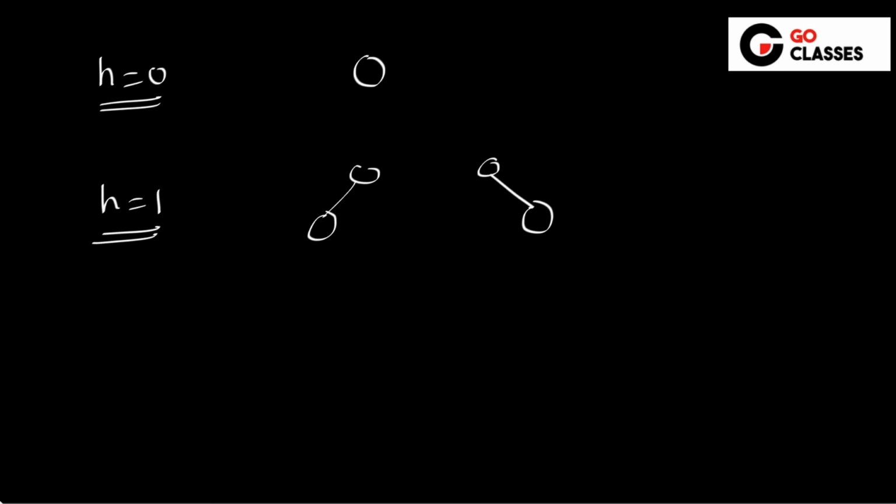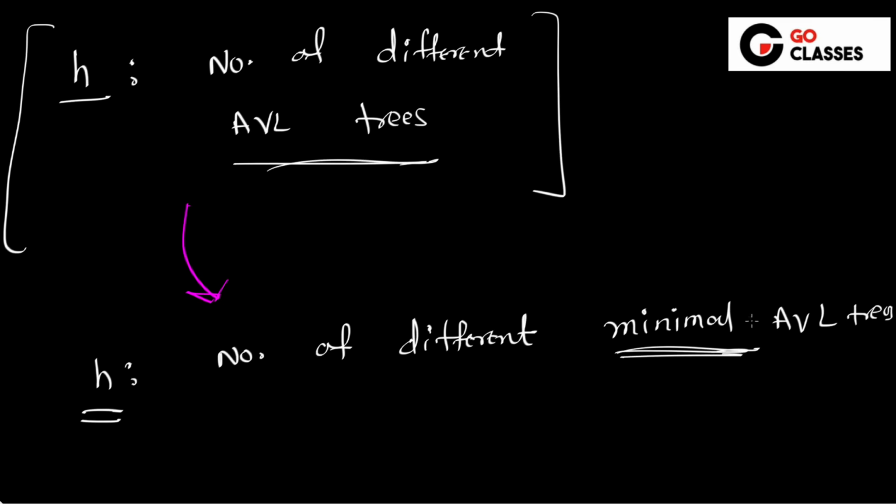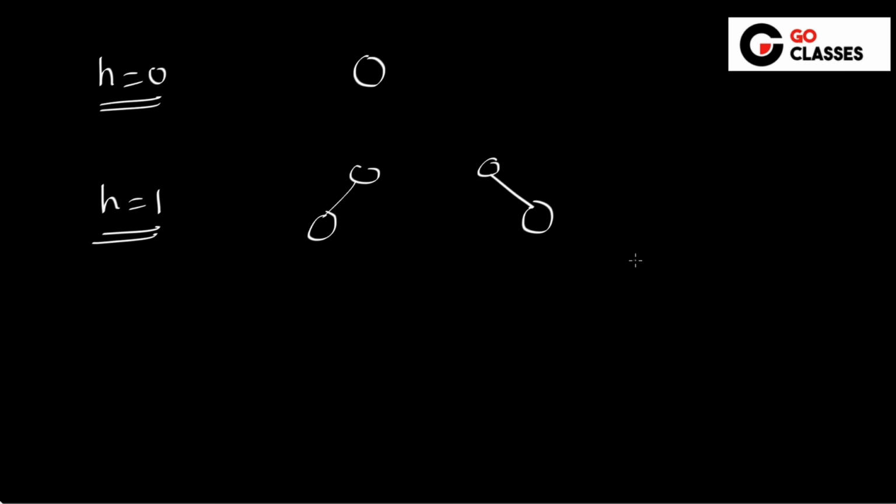If you remember, we have already done this minimum number of nodes computation in the last lecture, but that is okay. We are not going to solve that problem again; this is a completely different problem. But if you want, you can borrow some ideas from that lecture: whenever I say minimal AVL tree, I am asking for the minimum number of nodes in the AVL tree. So if 3 AVL trees are possible, I am rejecting the third possibility because I am only looking for minimal AVL trees. If I ask for h equal to 1, how many minimal AVL trees are possible, you will just say 2. For h equal to 2, if I ask how many minimal AVL trees are possible, you might say: